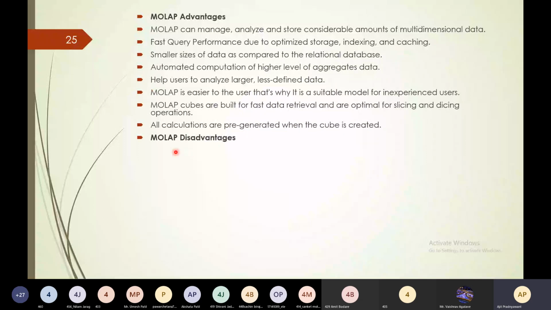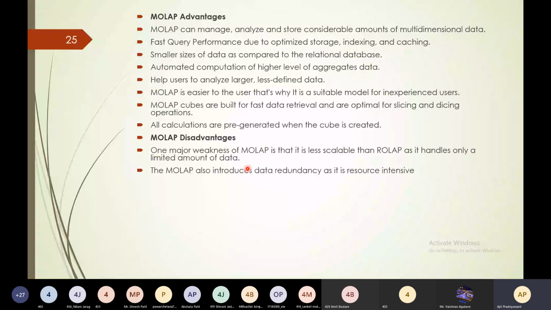Now let's see some of the limitations or disadvantages of MOLAP. One major weakness of MOLAP is that it is less scalable than ROLAP, as it handles only a limited amount of data. MOLAP also introduces data redundancy as it is resource intensive. MOLAP solutions may be lengthy, particularly on large data volumes.